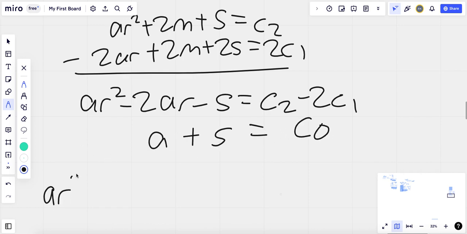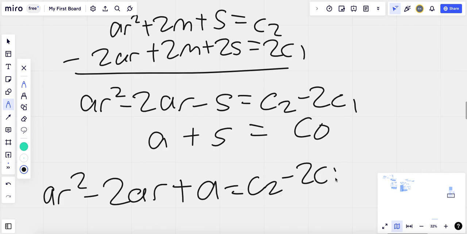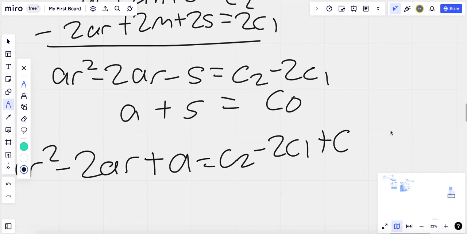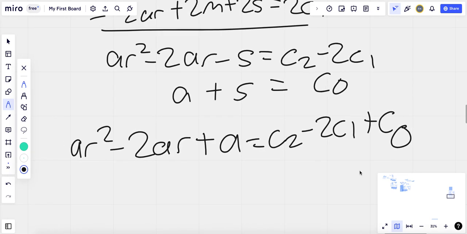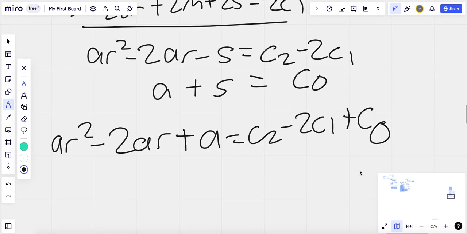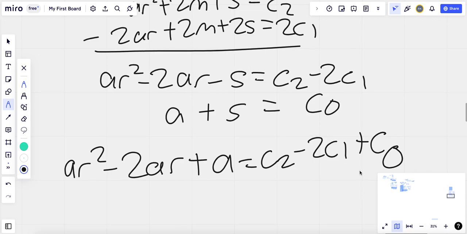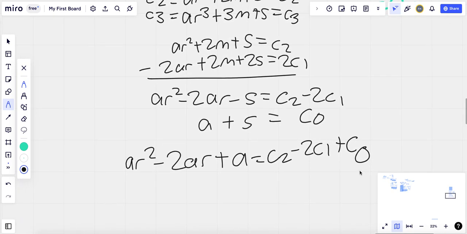So I'll be left with, okay, so now I have one equation, and this equation is only in terms of A and R, which is really good. So now we can repeat this to get another equation which is only in terms of A and